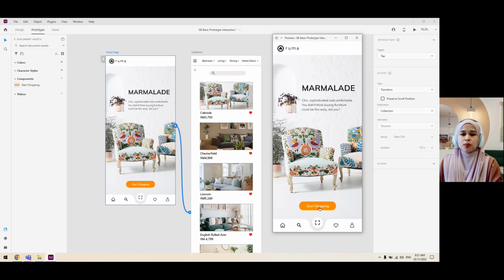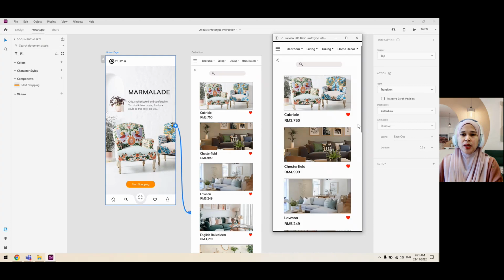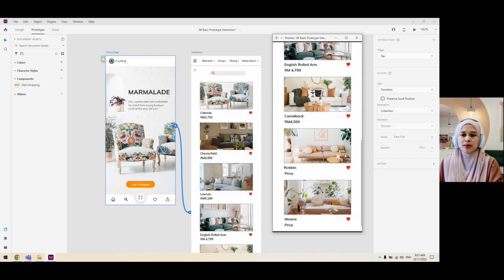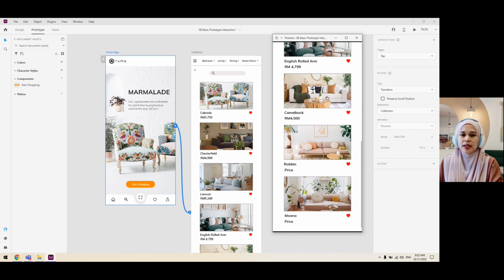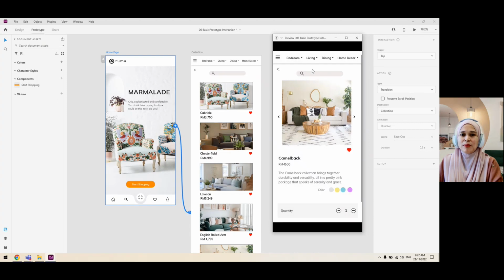So once I click at Start Shopping, it will link me to the collection page. And once I click at CamelBak collection, it will link me to the CamelBak description. Now I haven't done the remaining operations such as the next button, and I also haven't needed the user to add quantity for the product as well as for the other button. So let's try to go back and make an interaction for the back button. Just close